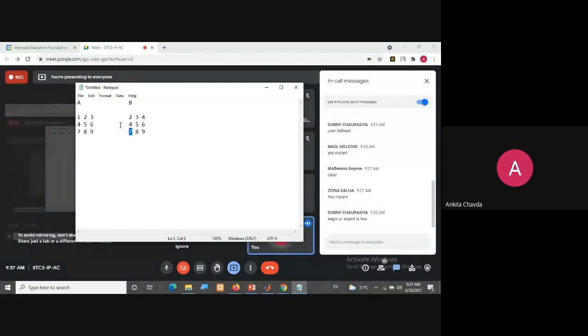This is how you can do the matrix multiplication. But if I use this dot and star, it means element-wise multiplication.